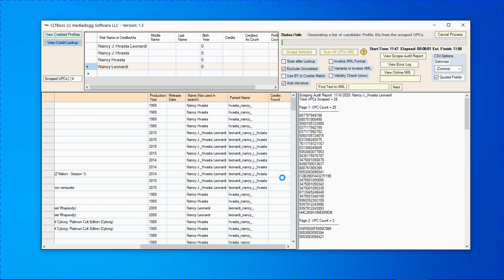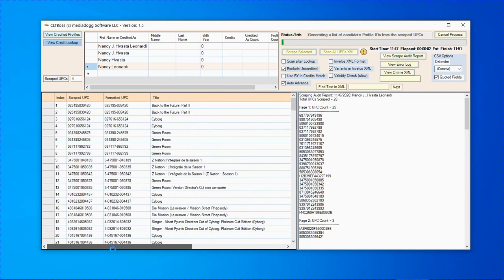All right, so what I've done is I've protected the table from being messed with. While this is going on, CLTBoss is preparing a list of candidate profile IDs, namely a list of unique profile IDs that have been gathered by making database calls against this list. I only make a database call once per UPC. And again, once a particular profile ID is found, I only add it to the dictionary once,